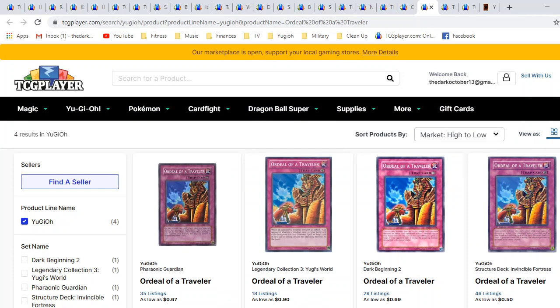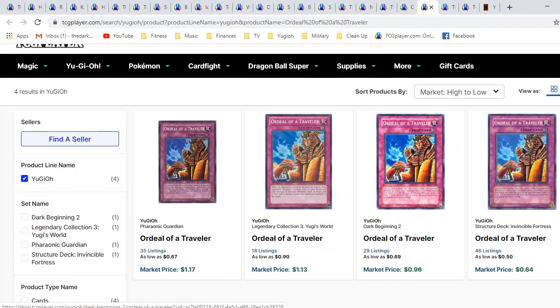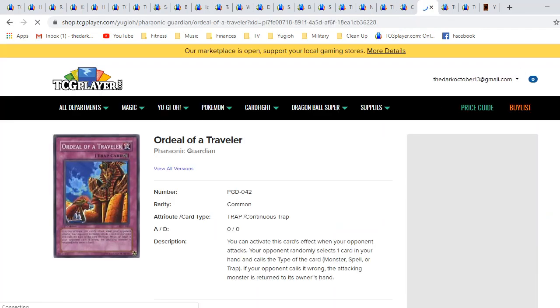Next card is going to be Ordeal of a Traveler. There is still only 4 prints of this, all very, very old. I guess the newest one would have been Legendary Collection 3. My favorite, obviously, being the OG Pharaonic Guardian first editions. All of these prints are common. It's really sad that this card